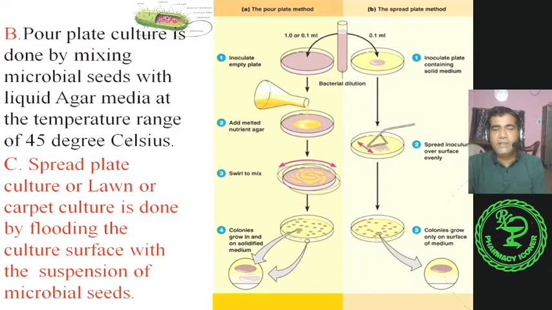that is, at a 45 degrees Celsius temperature, warm agar media is poured into this petri dish. Then the petri dish is shaken gently. So, what will happen? This liquid agar media and the inoculum will mix up. Then it is allowed to cool down to form an inoculated culture media. So, these are the colony formation. So, this is the first procedure.